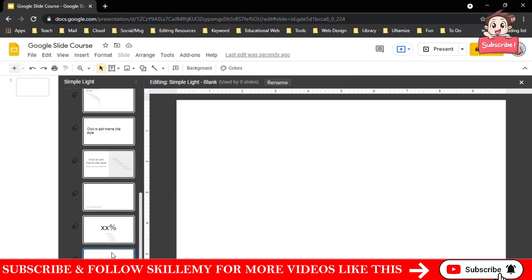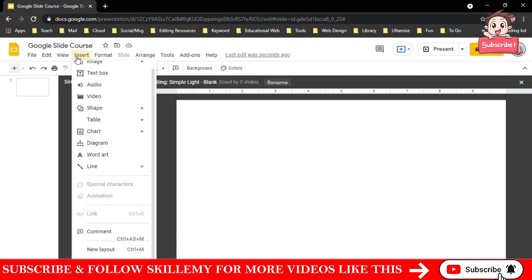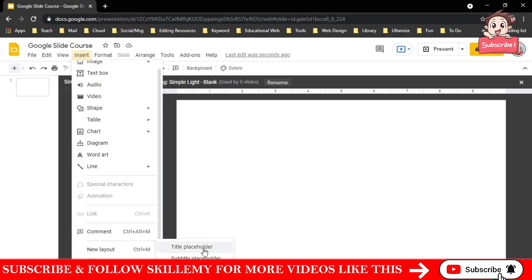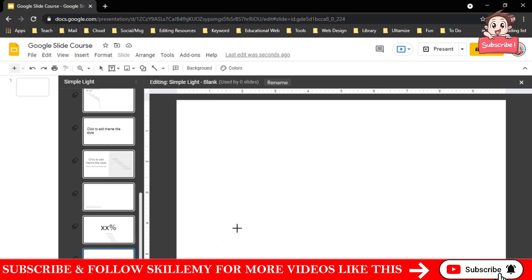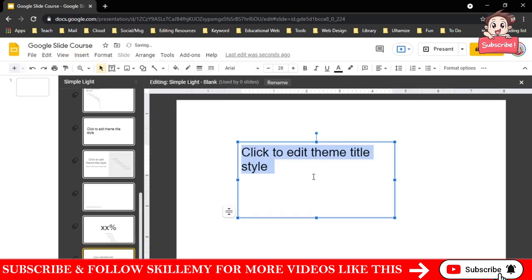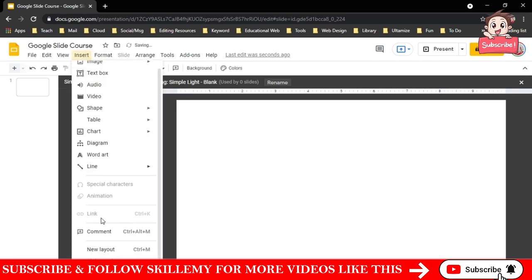You can do that as well. For example, let's go in here to this page and then go to Insert and Placeholder. You can bring a title placeholder and you can draw it. There you go. And you can type something else in here as well, like for example subtitle or body text. So we have 3 types of text placeholder that hold the text,